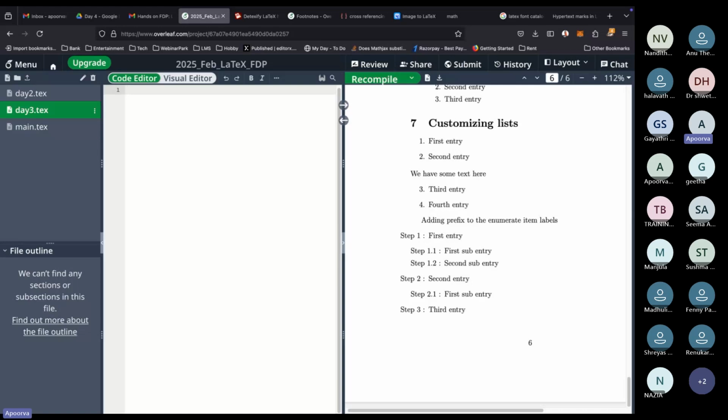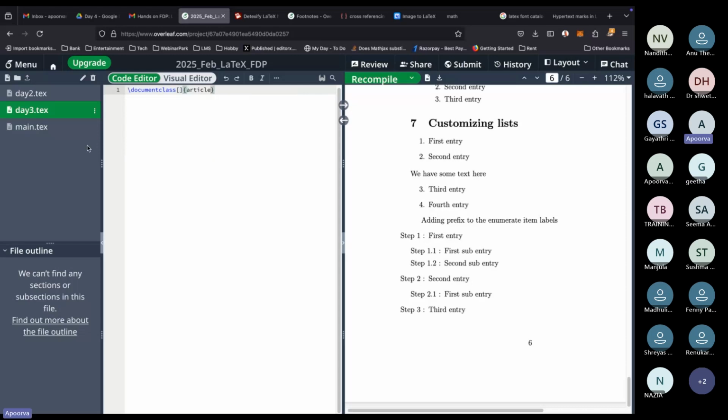Can anyone tell me what is the first command that we need to start off with? So the first command in our LaTeX file, what should it be? We have already discussed, yes, documentclass,